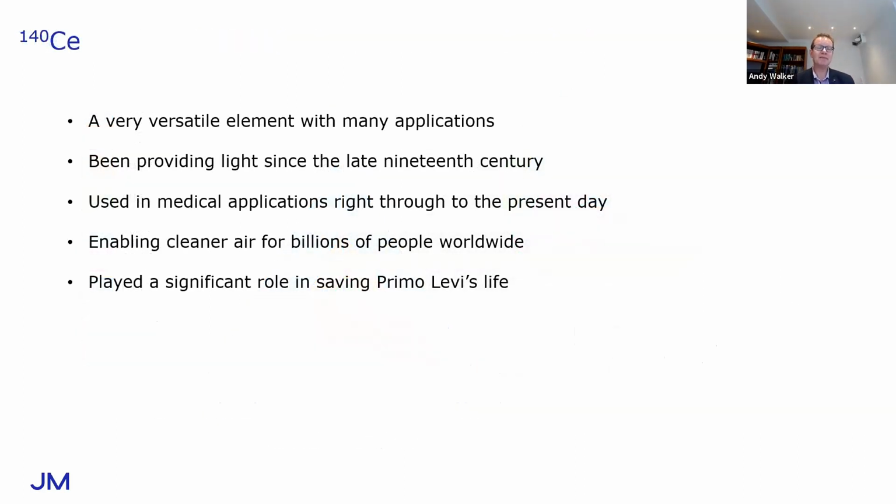So I'll wrap up there. I hope you've enjoyed the little journey here through the history and a number of the applications of cerium. I think I've shown it's a very versatile element with lots of applications. It's been providing light since the 19th century. It's been used in medical applications right the way through to the present day. It's still enabling cleaner air for billions of people worldwide, and it's believed to have played a significant role in